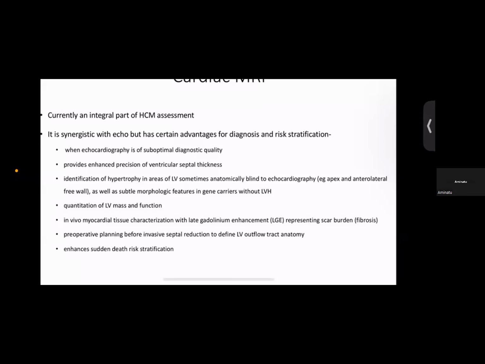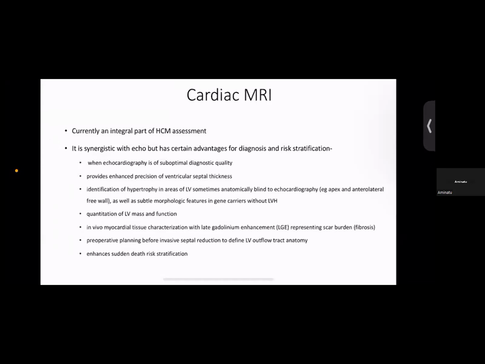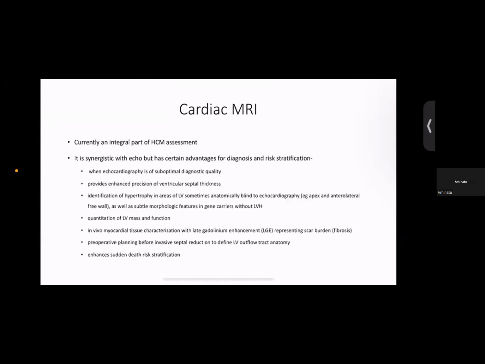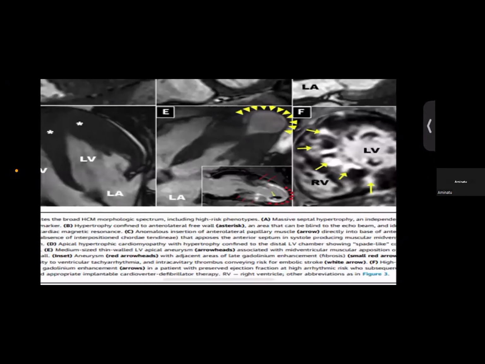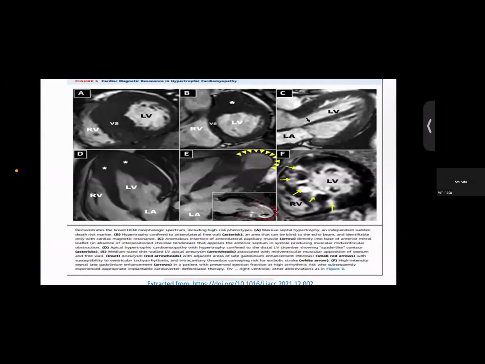So MRI is done so that one can have a better outline of the left ventricular hypertrophy. Then it enhances sudden death risk stratification, just like in ambulatory ECG. So these are MRI images from image A to F, showing different